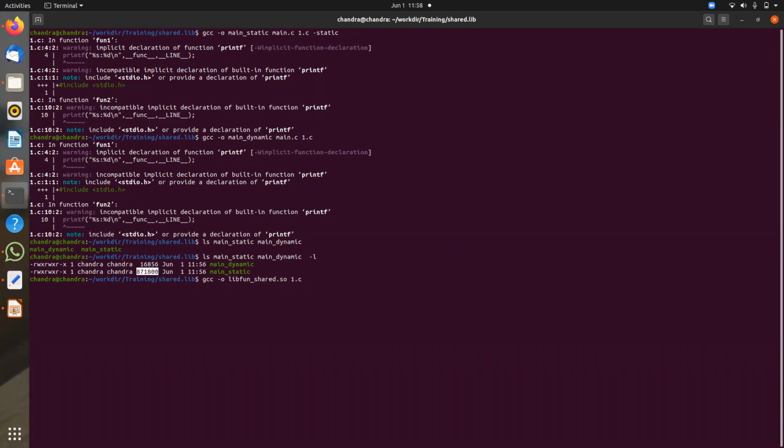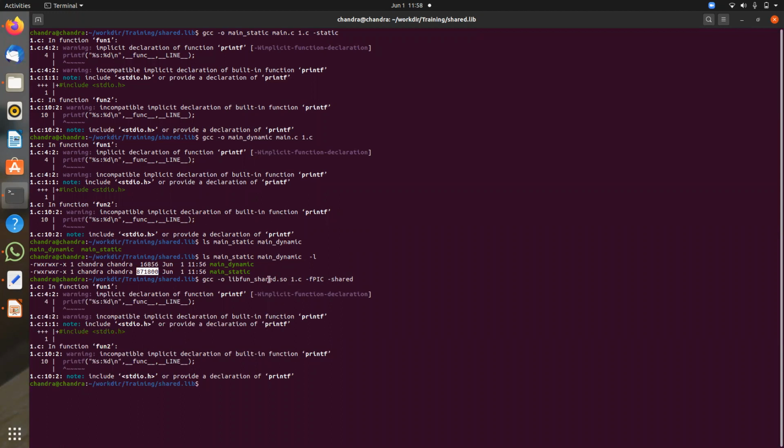Here we have to add two extra options. One is -fPIC. fPIC means position independent code, which means it is not residing in a particular position. It can be used anywhere. Then -shared.